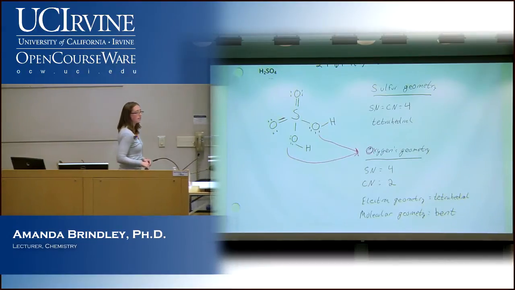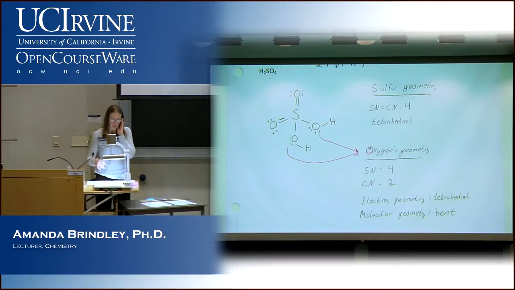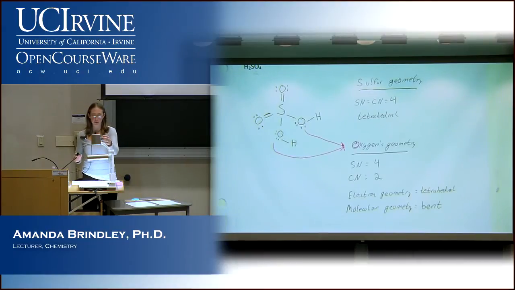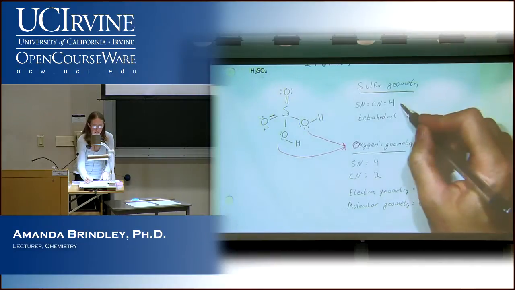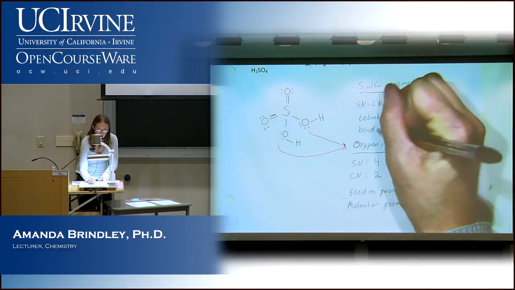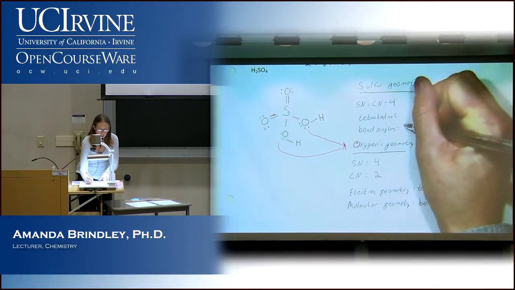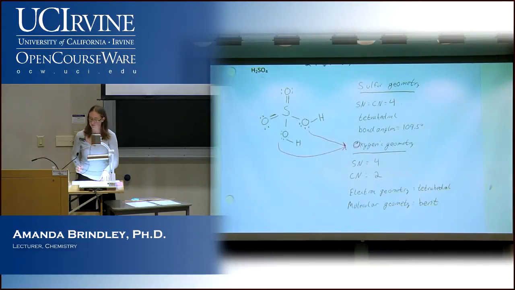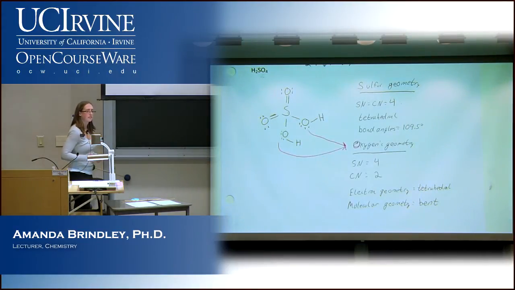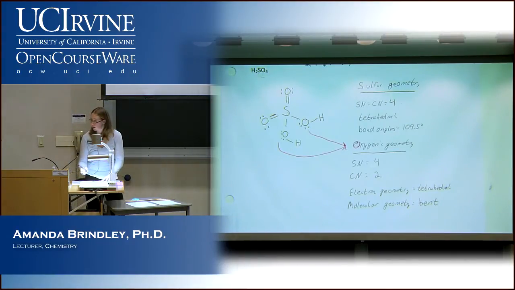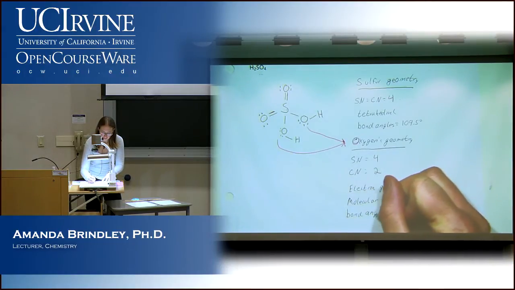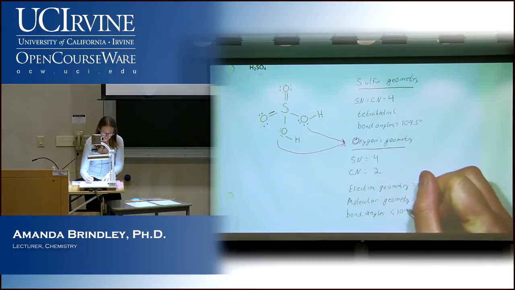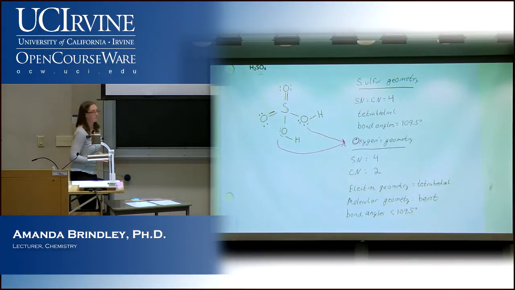Now, remember for all of these, I haven't been writing in the bond angles for all of them, but maybe we should do that for some to make sure that you're remembering to do that. So what would your bond angles on this sulfur be? 109.5, good. Now, what about the oxygens? It's tetrahedral electron geometry, so is it 109.5? No, what is it? Good, less than. All right.